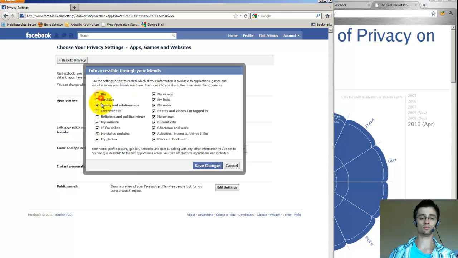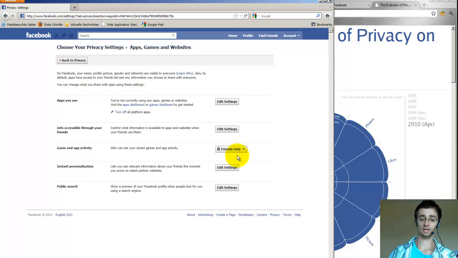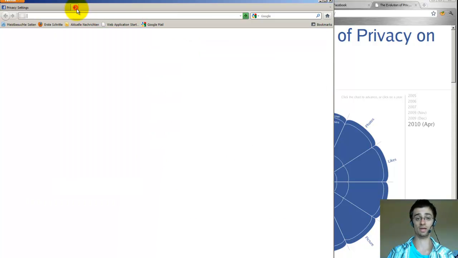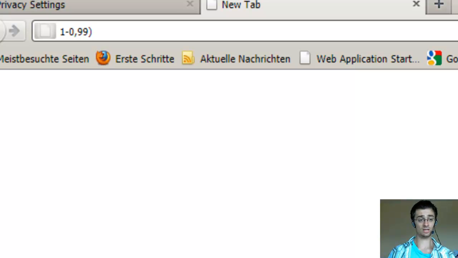These are the rights which an application of your friends has regarding your profile. So you actually want everything turned off, because if some of your 200 friends install a malicious application, then your data is not secure. If we say the probability of one of your friends installing a malicious application is 1%, and you have 200 friends, then we can calculate how big the probability is. Let's calculate that. If you have 200 friends and the probability of one person having a malicious application is 1%,